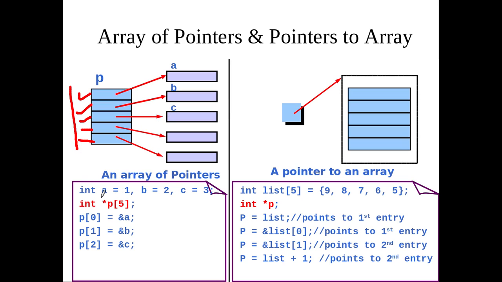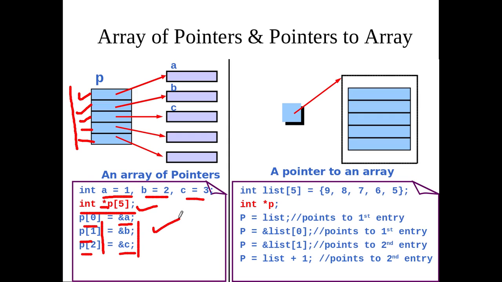So for example, I am declaring three variables a, b and c, and then I am declaring int *p[5]. So this is declaring an array of 5 locations, and star implies that every location is basically an address. Every location will contain some address of an integer type variable. So I can store the address using this statement. I can find out the address using ampersand: p[0] is equal to &a, p[1] is equal to &b, p[2] is equal to &c. So I am putting the addresses in these locations 0, 1 and 2. So I am creating an array of pointers.